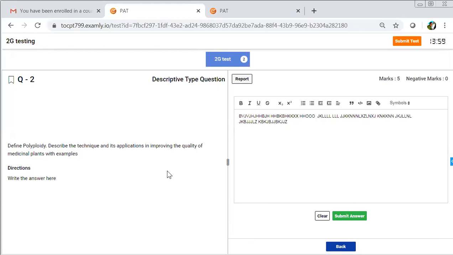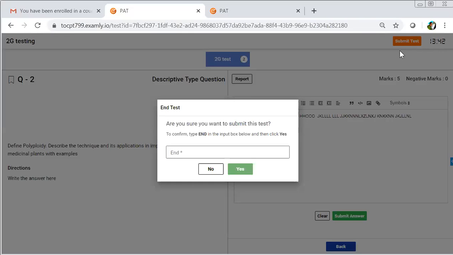After that, once you are satisfied, you can submit the test, or you can wait until the whole timing assigned for this exam finishes. I completed all my answering, so I can submit through this button, submit test. Here there is a message: Are you sure you want to submit this test? To confirm, type END in the input box below and then click yes.